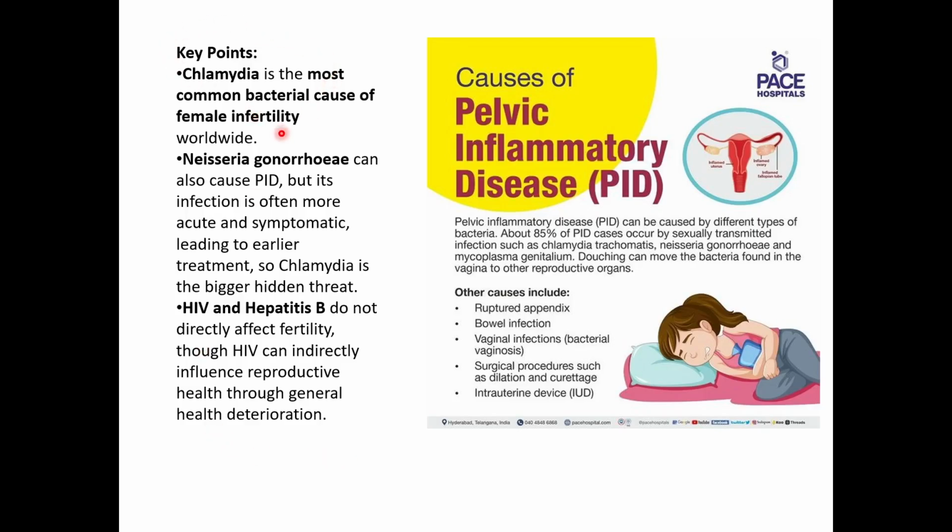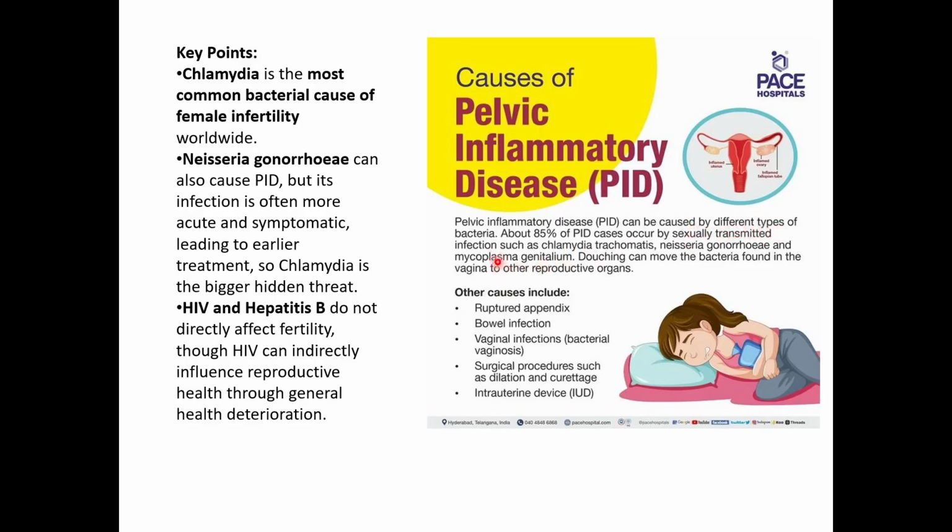The major point to remember is that chlamydia is the most common bacterial cause of female infertility worldwide. Neisseria gonorrhoeae can also cause PID, but its infection is more acute and symptomatic, leading to early treatment. So chlamydia is a bigger hidden threat. HIV and hepatitis B do not directly affect fertility, though HIV can indirectly influence reproductive health through general deterioration of overall health. So PID